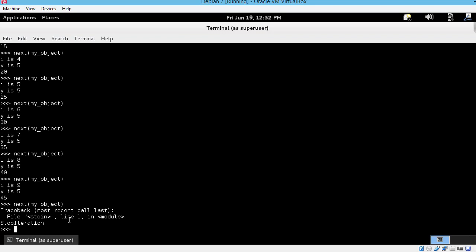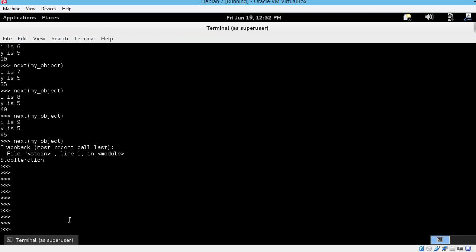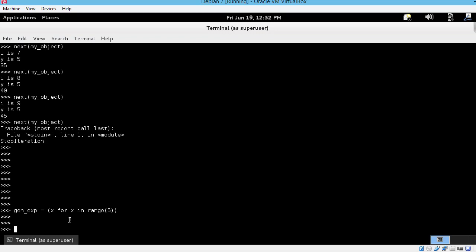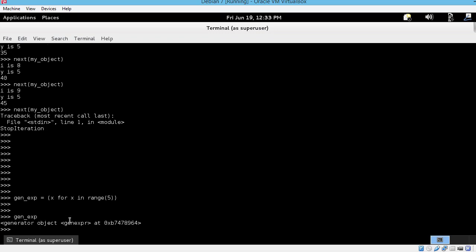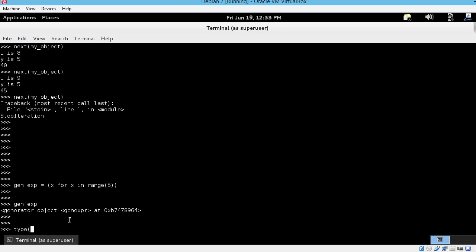Pretty nice. Finally, let's look at another type of generator construct, generator expressions. They are very similar to the comprehensions you saw earlier in the course, only this time we use parentheses instead of square brackets like we do for list comprehensions, for example. Let's do a very basic generator expression, and let's then see what we get as a result. So, genexp equals parentheses, and in between parentheses, let's say x for x in range of 5. Let's see genexp, generator object. Let's do a type on genexp,